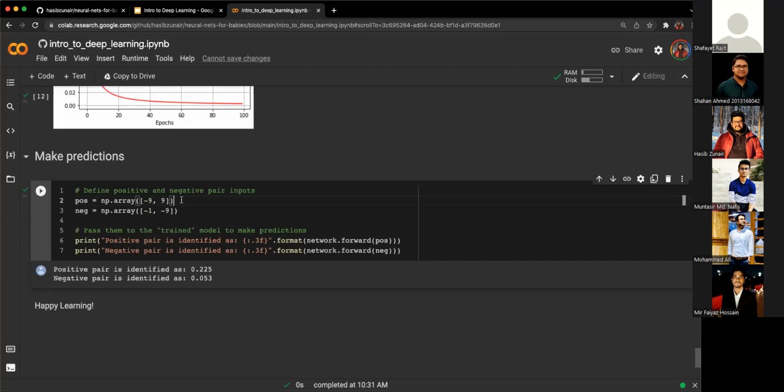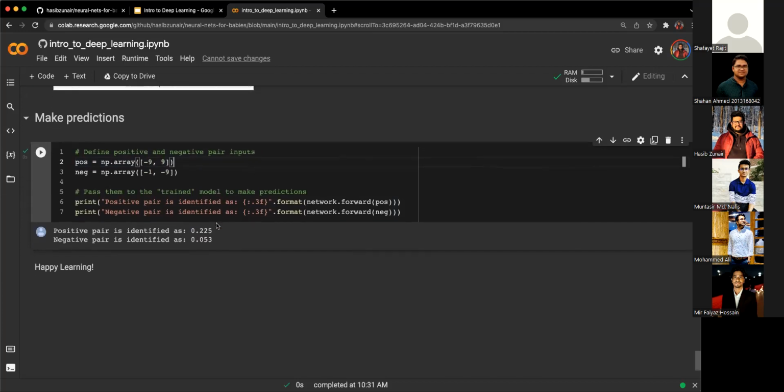জি ভাই, বুঝতে পারছি। এটা হইতেছে আরেকটা এক্সাম্পল। কিন্তু এখানে এই আনসারটা কমপ্লিটলি রং। পজিটিভ পেয়ার আইডেন্টিফাইড অ্যাজ 0.22, মানে যদি জাস্ট মাল্টিপ্লাইড বাই 100, নেটওয়ার্ক ইজ 22% কনফিডেন্ট। কিন্তু না, ইট শুড বি ক্লোজ টু 0। তো ওইটা লাইক আউট অফ ডিস্ট্রিবিউশন ডিটেকশন। জি ভাই, বুঝতে পারছি। থ্যাংক ইউ।